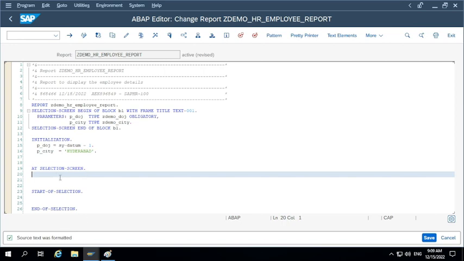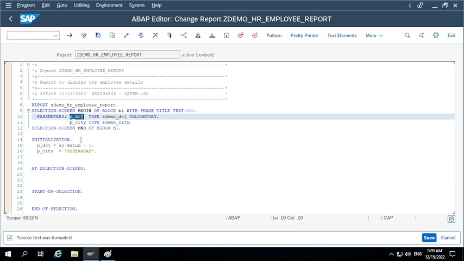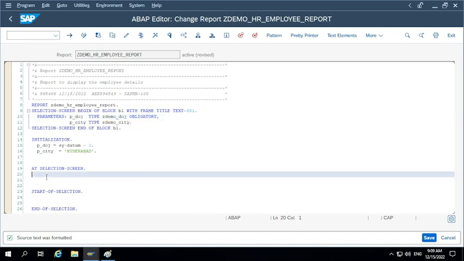And what is the validation they want? The date of join should not allow a date prior to 2010. That's their requirement. It should not allow dates prior to 2010 because there is no data available before 2010, since the company was established after 2010. So that is the validation they are expecting. If P_DOJ is less than 20100101, then